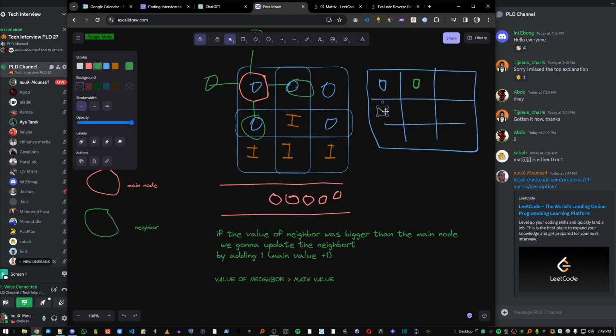It's gonna stay the same. What if the main value was another number, not 0? The neighbor was 0. Yeah. So if the neighbor is bigger than 0, for example if it was here, infinite,